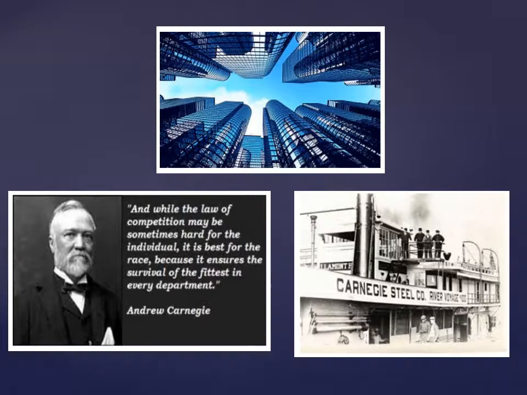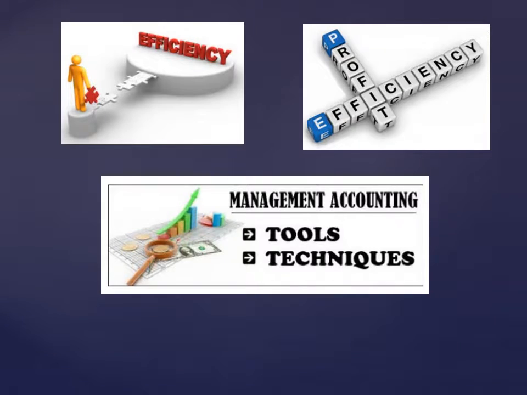So this led to the development of costing systems that combined with management control and new systems for cost and performance management. Thus, management accounting developed, and it was first implemented by companies like DuPont and General Motors in the early 20th century. So this led to several changes in firms.